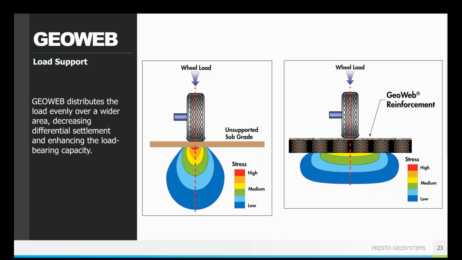But with the GeoWeb reinforced section, it is new because we are able to eliminate the highest levels of stress, that orange and red section of the stress bulb. And we're able to spread it over a much wider area. You don't have that 45-degree angle, you have something significantly shallower. And that is that mattress effect that we talked about. So by spreading that load over a wider distribution angle, the stresses reaching the subgrade are significantly reduced, controlling deflection, rutting, differential settlement, all of the key things that can destroy a roadway surface.